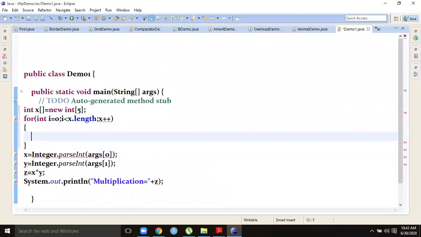Inside that you can write whatever, for example x of i, Integer.parseInt of args of i, you can give like this. Okay, good. So this is how you have to use the Eclipse environment.